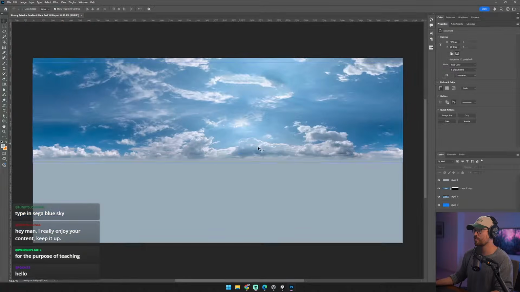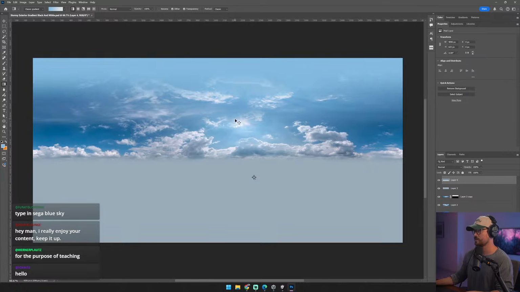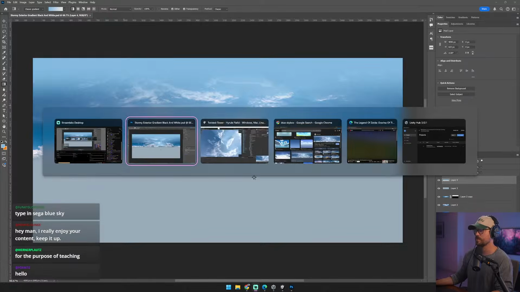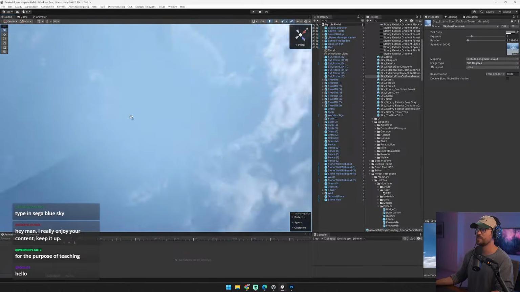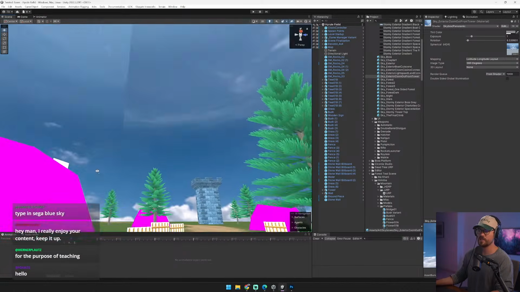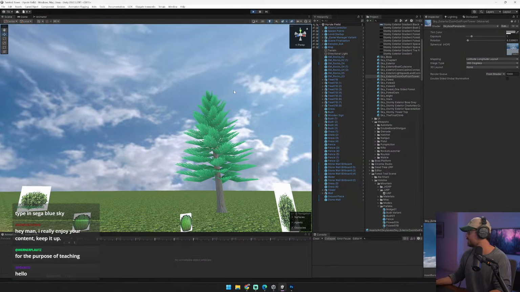So the way that we're going to remove the pinching is I'm going to grab this color here. Just do this. There we go. And now when we look up, we don't see any pinching, but we do see this seam here. I'm going to show you how to make that seamless. Now, we're not going to make anything look retro yet. Okay, so if I enter play mode here,